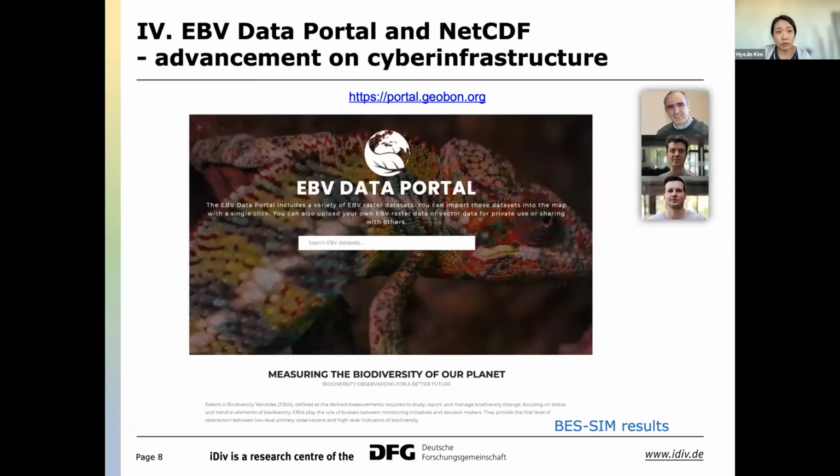Finally, I wanted to share the latest advancement from the GeoBond network on the cyberinfrastructure. The GeoBond network has been developing this EBV data portal to make the ecological data and model-based data variables accessible for a wide range of users. And as of the latest, we are implementing the NetCDF system as previously presented, enabling the data package across time,